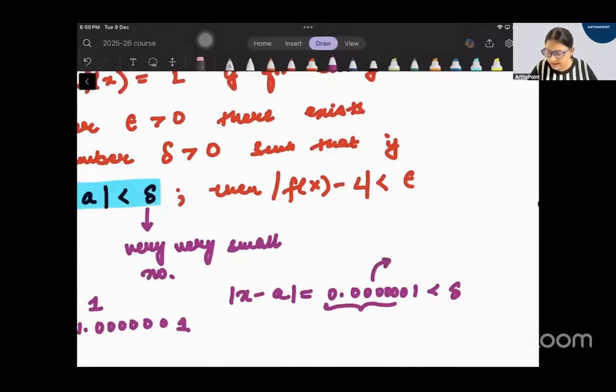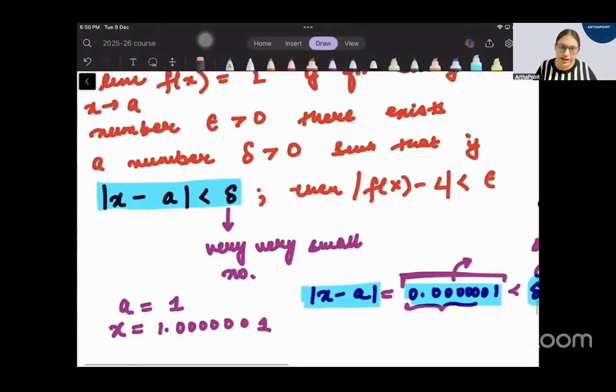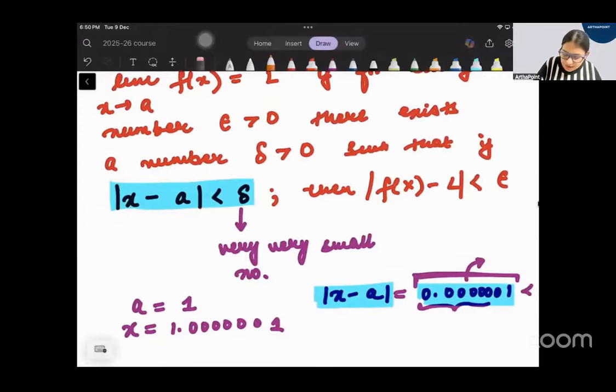That means this number has to be very small, because delta is a small number itself, and I want this gap between x minus a to be less than delta. So in other words, this part,